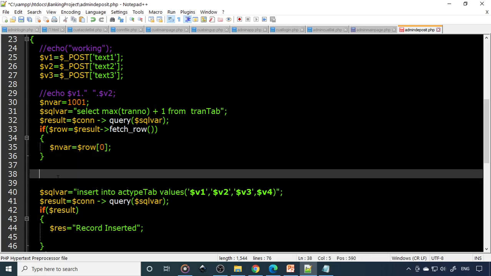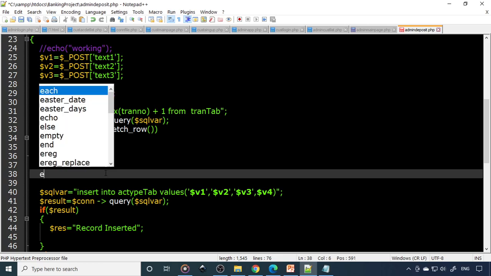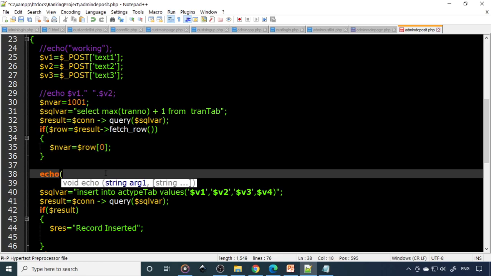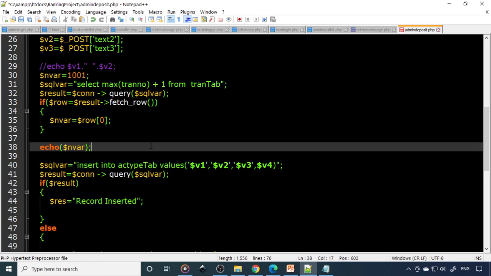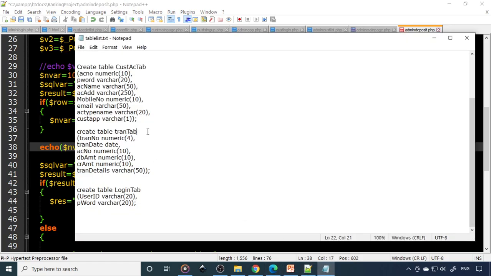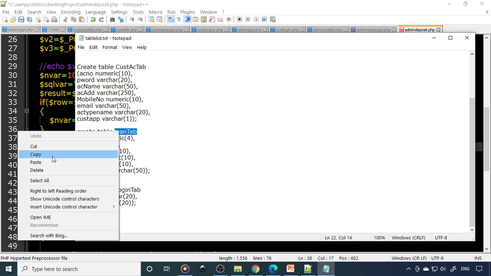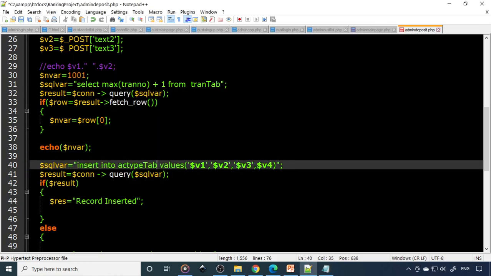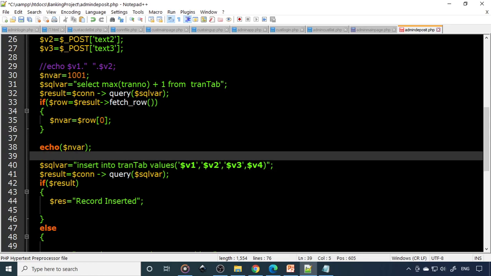Okay, see that. Now what we can do is, you can see that echo $nvar. You should print the nvar, what is there in the nvar. Then this is the transaction table, so therefore you can take transaction table. So we need to collect today's date. To get the date, we need to declare one more variable, and you have to read the date.